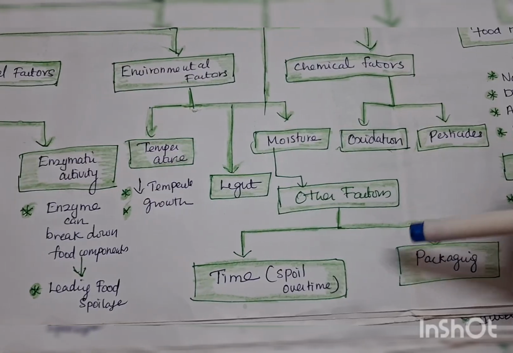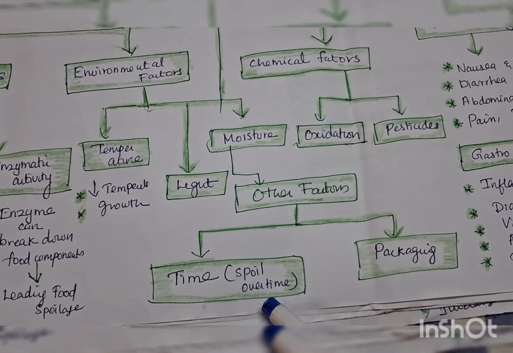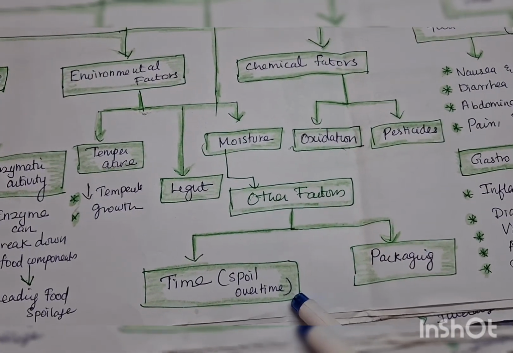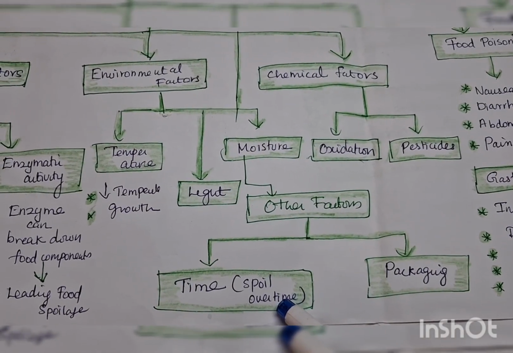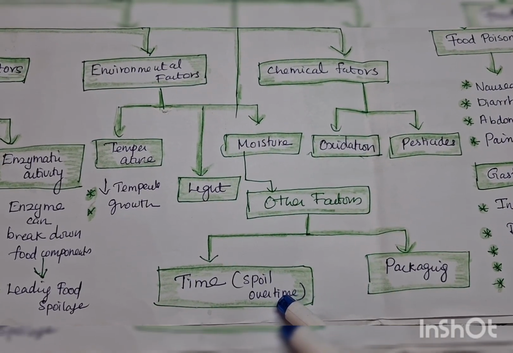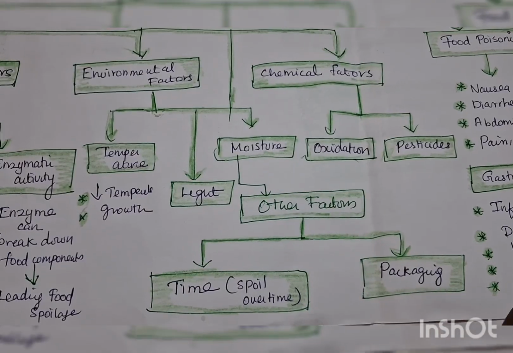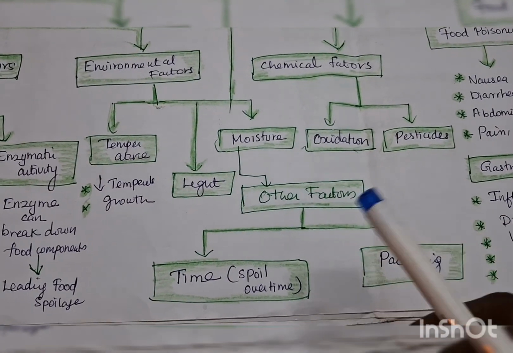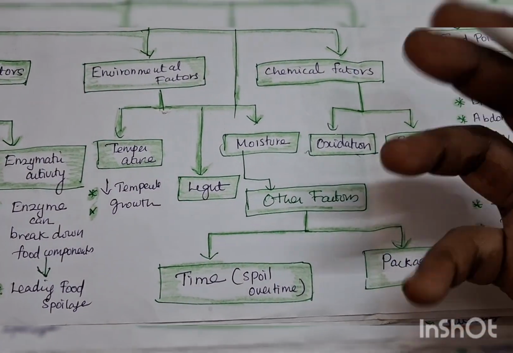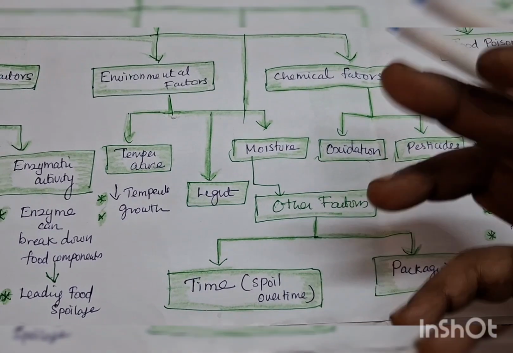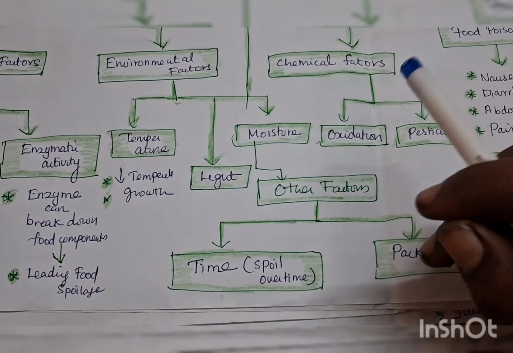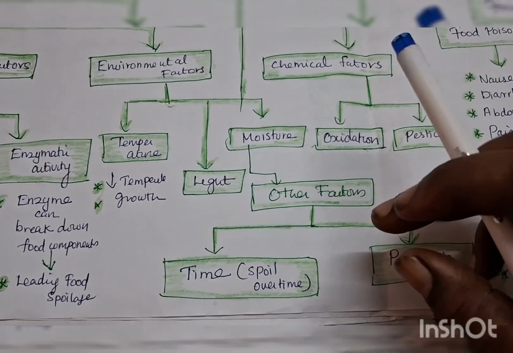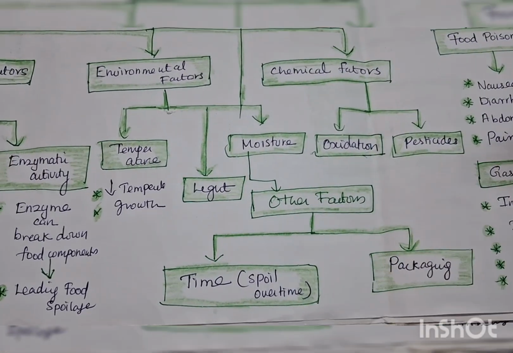The other factors are moisture, time, and packaging. Spoilage happens over time. For example, if I am very lazy and cook curry for the whole family, I cook more. Now I am alone, and I cannot cook that curry every day. So I made three different curries and I keep them in the fridge. One day I take one out to reheat.